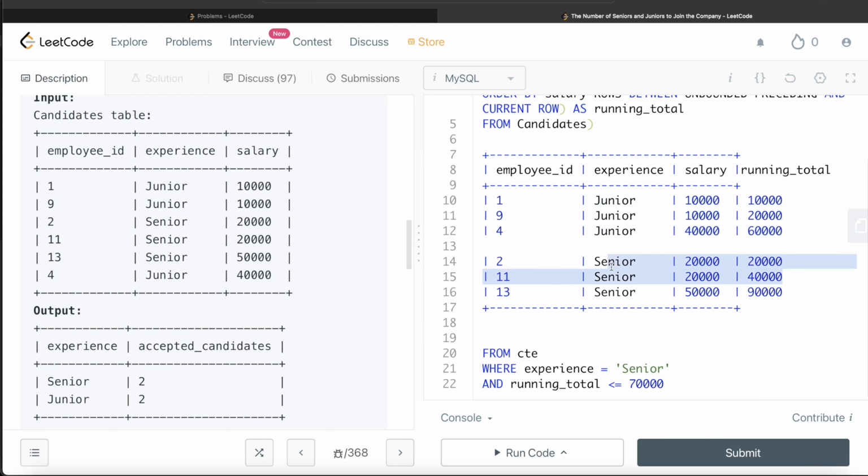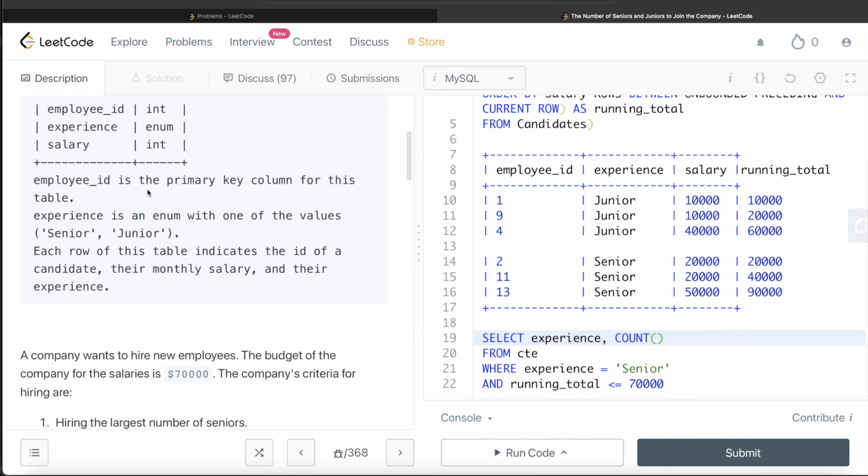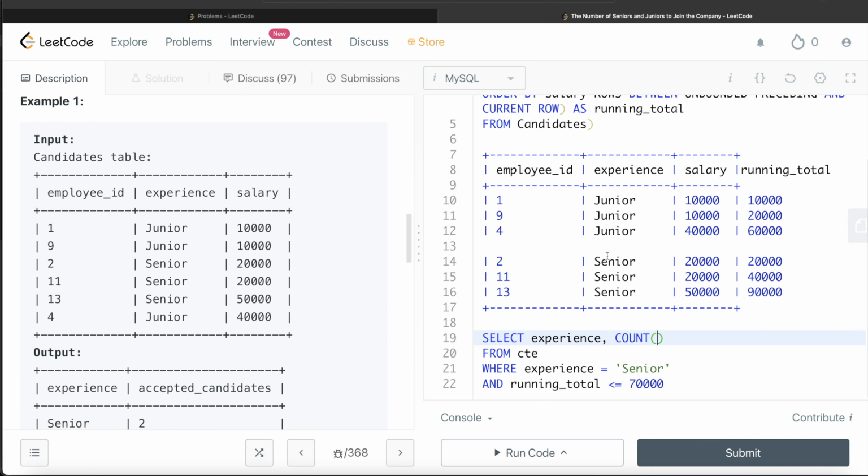So now when you have these two rows, you can return the word senior and count this employee's ID. That is going to be the number of employees that are senior whose running total is less than or equal to $70,000, which you can accept as a candidate. So you can write experience, and then count employee ID. As the question says, employee ID is the primary key column, so you don't need to do anything extra like distinct, just count employee ID, and this is basically the accepted